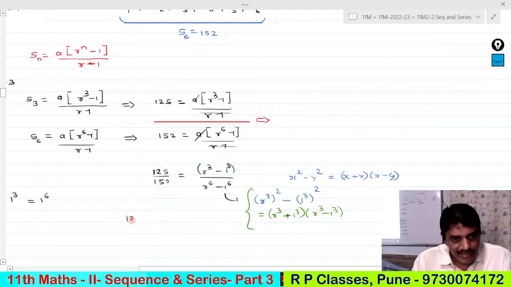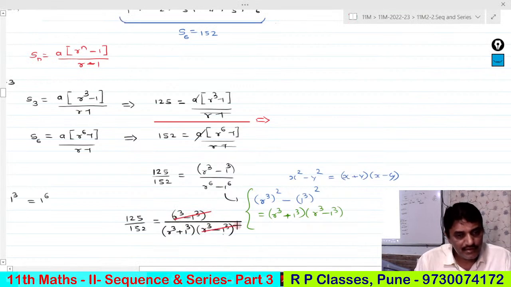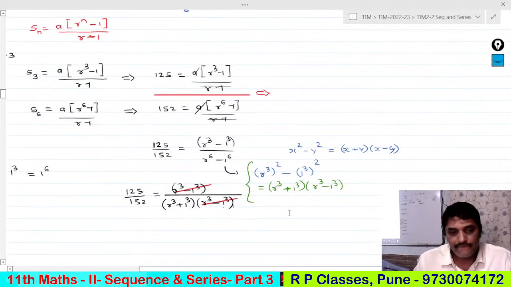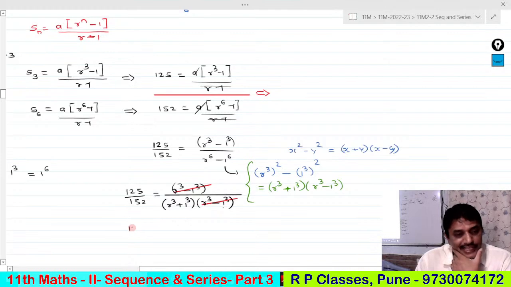क्या मिलेगा? So this is 125 upon 152 is equal to r cube minus 1 cube divided by r cube plus 1 cube into r cube minus 1 cube. कुछ कैंसिल हो रहा है? हाँ, ये पूरा कैंसिल हो जाएगा, राइट? सो जो भी कुछ बचा है उसको क्रॉस मल्टीप्लाई कर ले. क्रॉस मल्टीप्लाई क्या करेंगे? नहीं तो चलो take the reciprocal, because this is actually 125 upon 152 is 1 upon r cube plus 1. सही है? दैट इज नथिंग बट